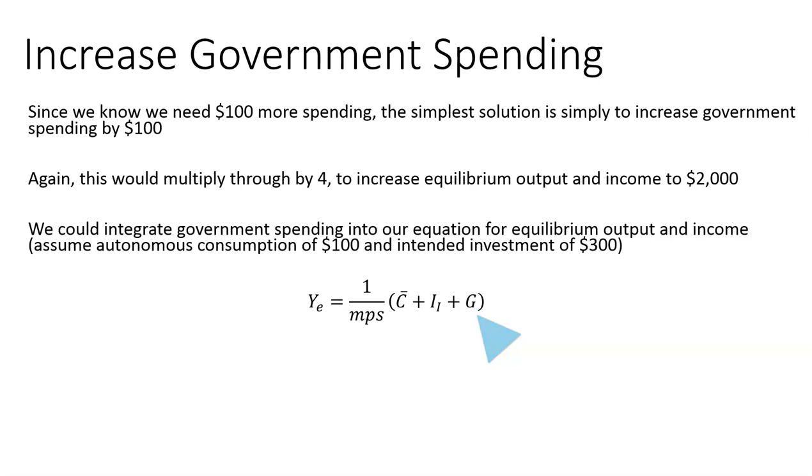So equilibrium output and income is now 1 over the MPS, that's the multiplier, times the sum of autonomous consumption, C bar, intended investment, I sub I, and now G for government spending. With the numbers we have, that's 1 over 0.25, the multiplier 4, times 100 for autonomous consumption, 300 for intended investment, and 100 for government spending now, which means equilibrium output and income is now 4 times 500, or again,